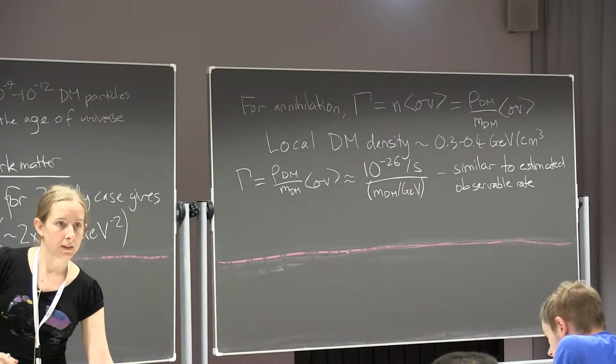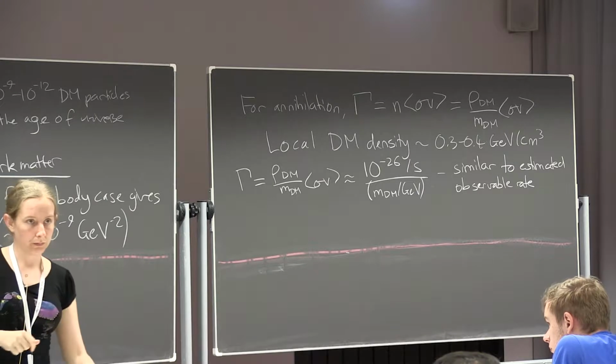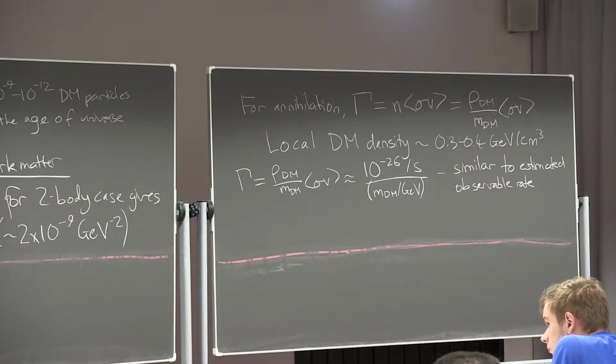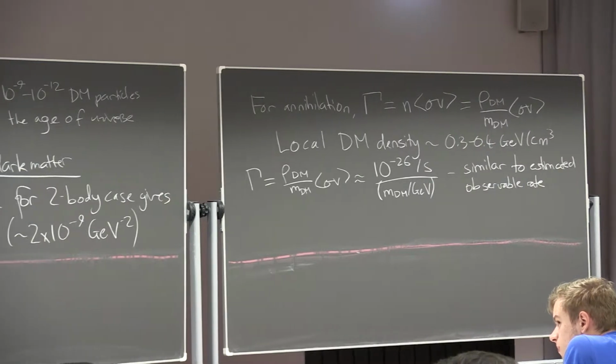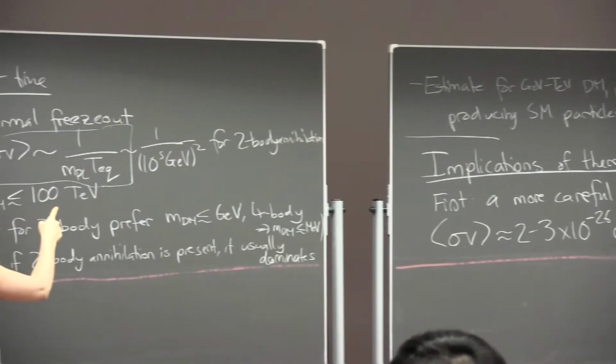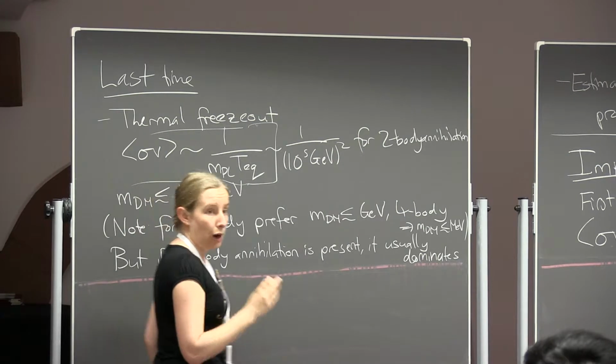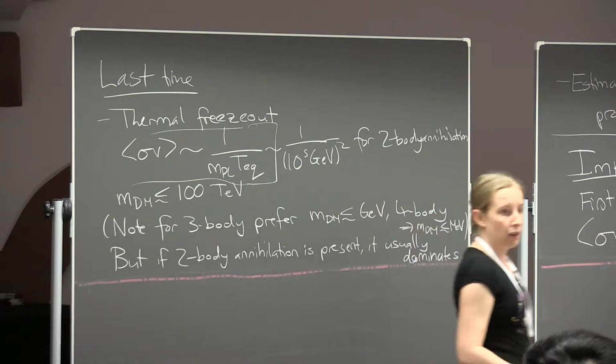Yeah? Two short questions. First of all, for the sigma V, we assume that couplings are order 1. So this value of sigma V doesn't assume anything about the couplings. This value of sigma V is basically just this part of the equation. Okay, so we didn't have to assume anything about where this cross-section comes from. This is just saying, okay,